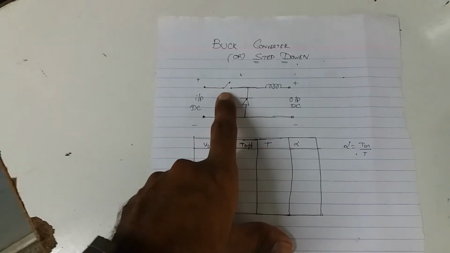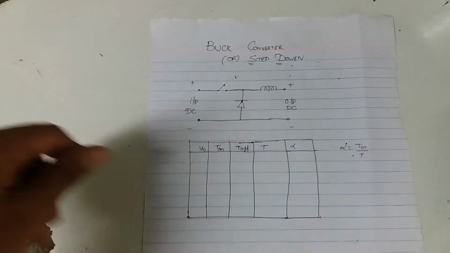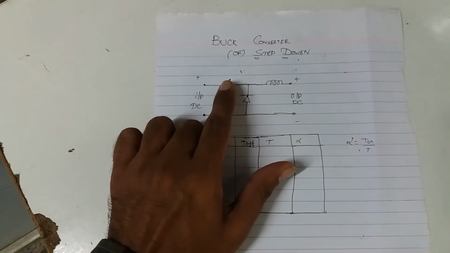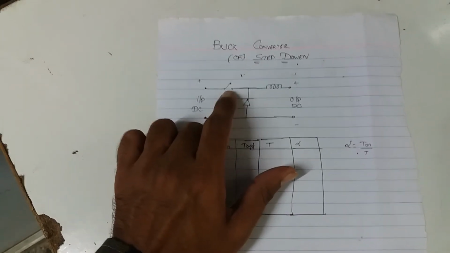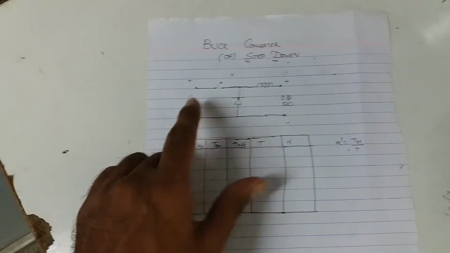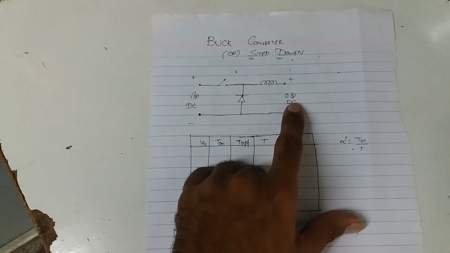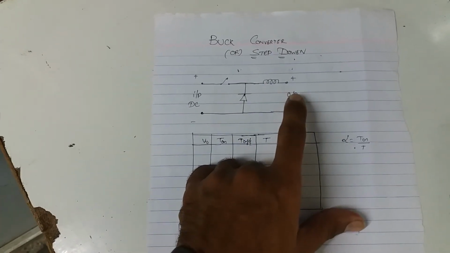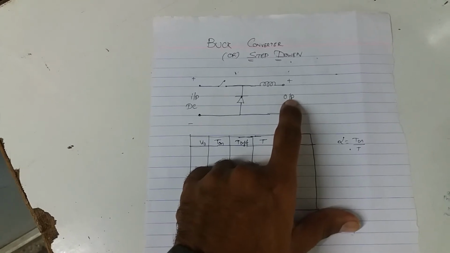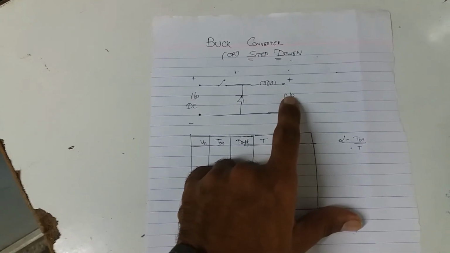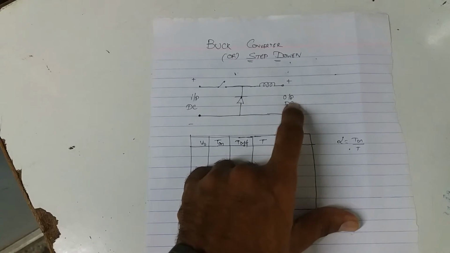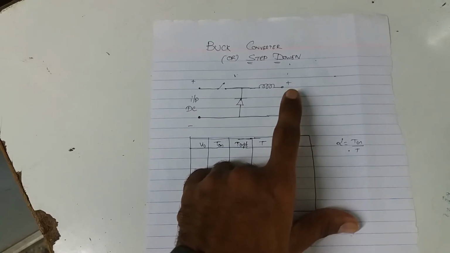Okay, this is a buck converter. Here you can use a MOSFET or GTO, any one of the control switches. Here the input is DC, and the output is also DC. A voltmeter is connected across the DC terminal to measure the output across this point, as well as a CRO connected at this output point, so you will see what the output is.